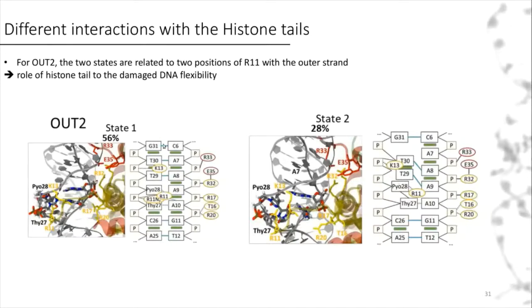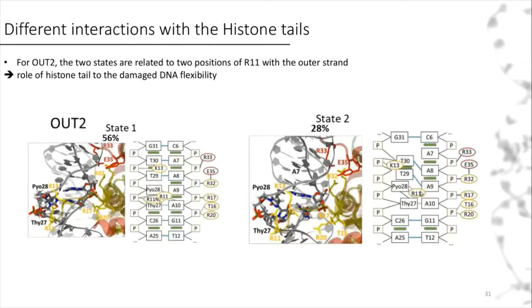So here you keep the good pairing of DNA, and you see that the lysine is here and can interact with the pyrimidine and this adenine. Then it is rotated a little bit and interacts only with this pyrimidine, and this corresponds to another conformation where the pairing is lost. You have an orphan nucleobase here, and these 2 thymines are interacting with these 2 adenines. So it's true that